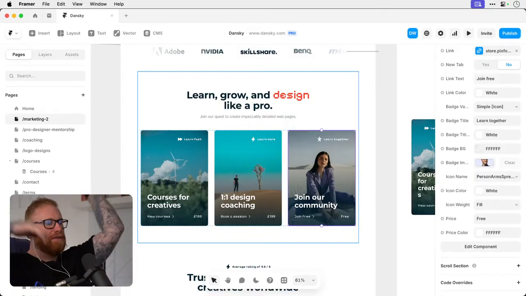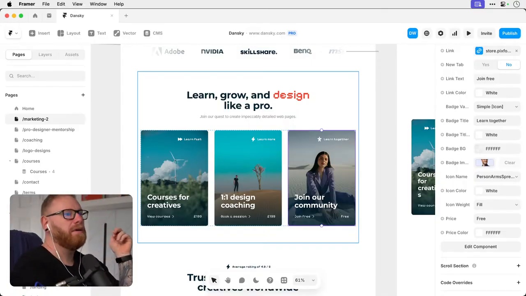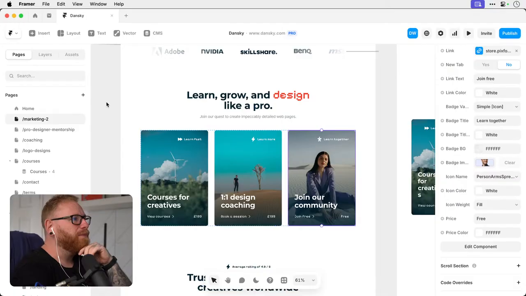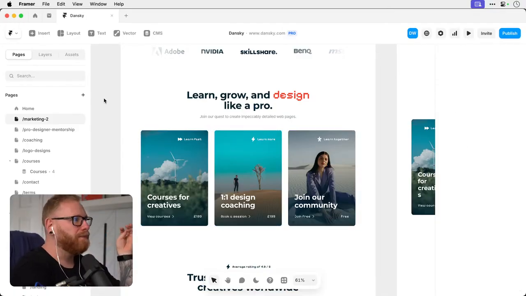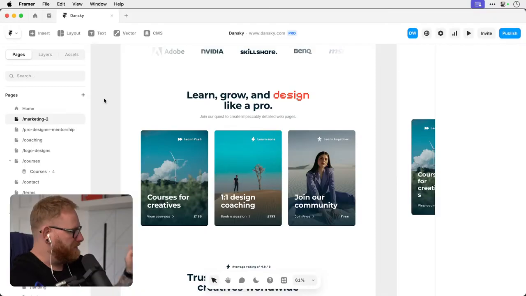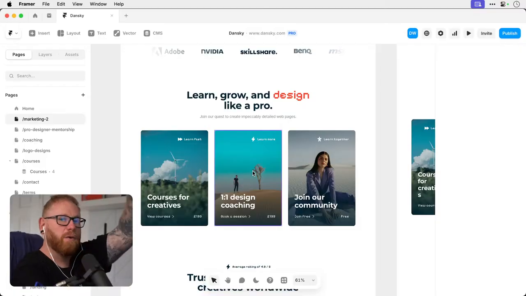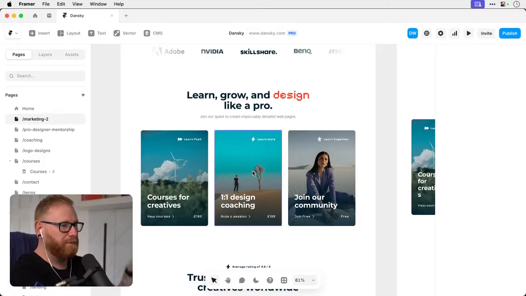What are the cons you've experienced with Framer? Cons, me personally, none. The one thing that comes to mind is it doesn't have native e-commerce support. But there are things you can plug into it, so it's not like, oh no, that's the end of it. Webflow does have e-commerce support built in, but I don't do that anyway. If you choose to click enroll on one of my courses, it links out to my course platform where the checkout is anyway. So that's not a problem for me.